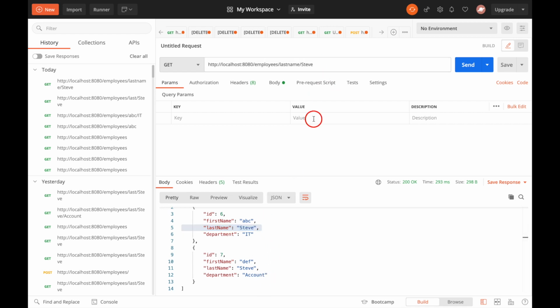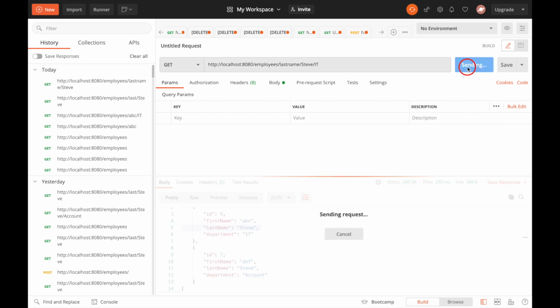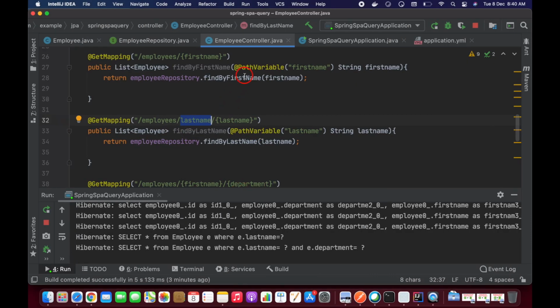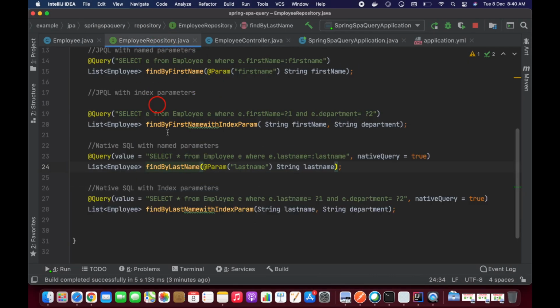If you want to check the department as well, you can test with IT department. So we have the last name starting with Steve and the department IT, so only one employee is there. Okay, so it's working fine, guys. Whatever four methods I have defined in this repository, all the methods are working fine.